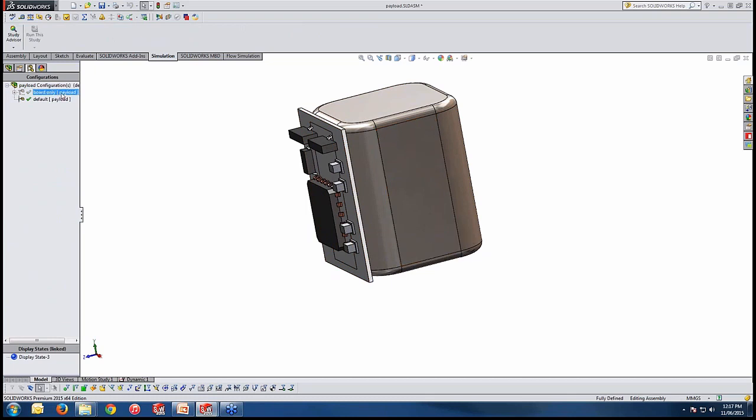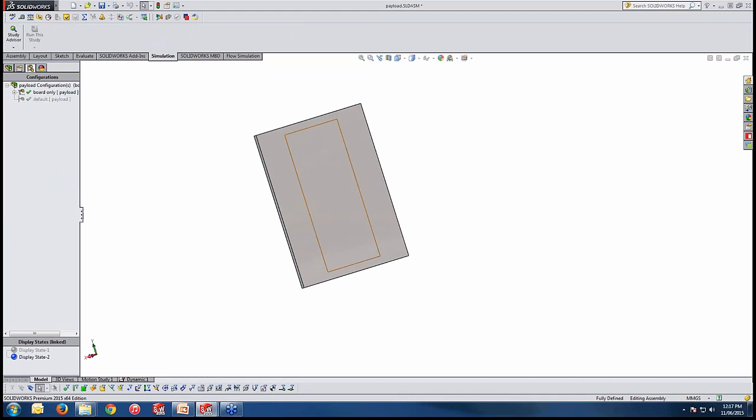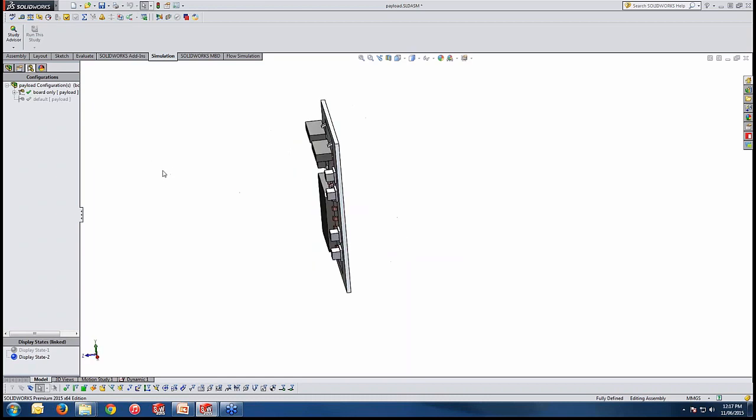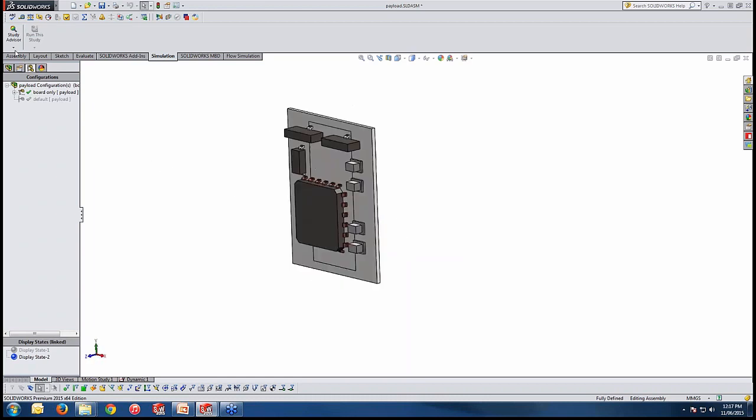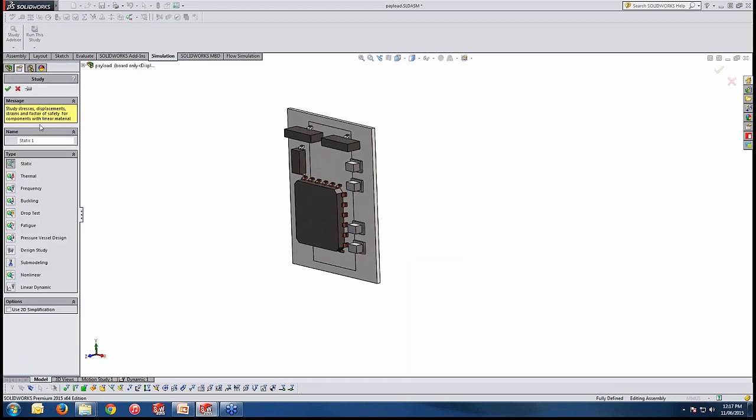We can simply suppress it and then have a split face to make it fully fixed on the face. All right, now what we have to do is go to our study advisor and go to new study,